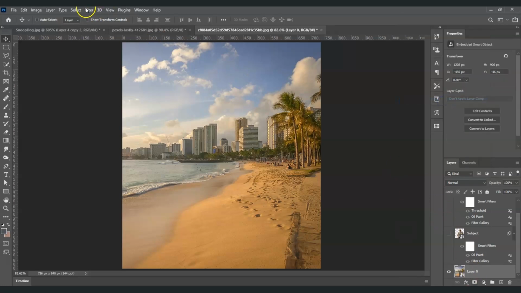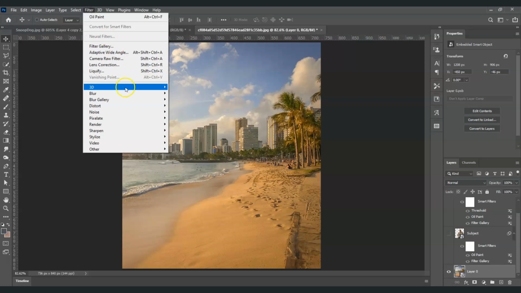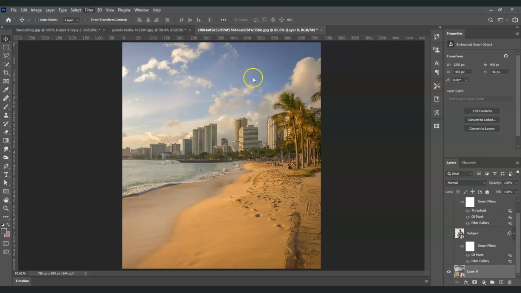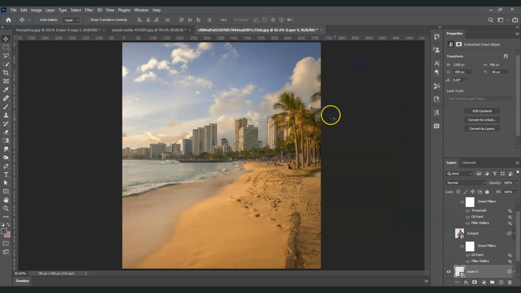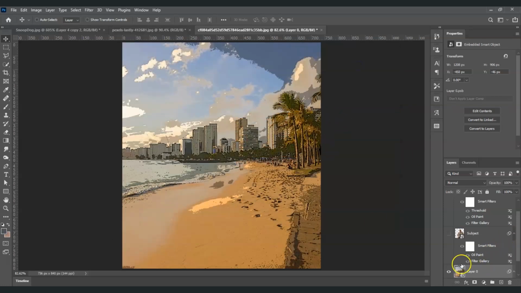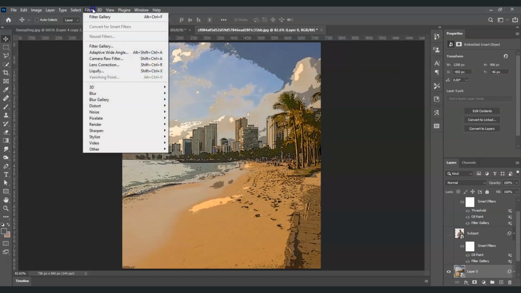Now go to the filter on the menu bar. Under filter, go to filter gallery. So from the poster edge, yeah, select on the poster edge, set the edge thickness to 0, edge intensity to 0, posterization to 1, and then select OK. All right. Now next up, I'm going to go to filter once again, find the stylize, and then choose on